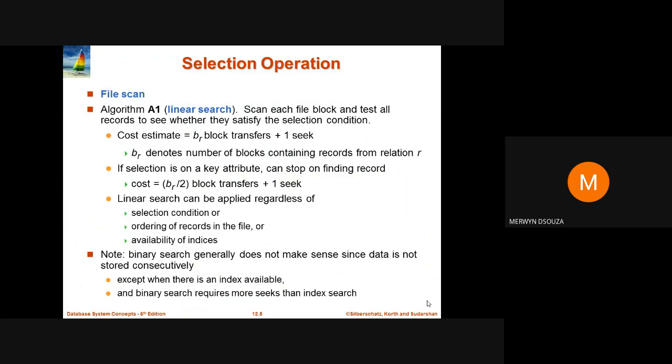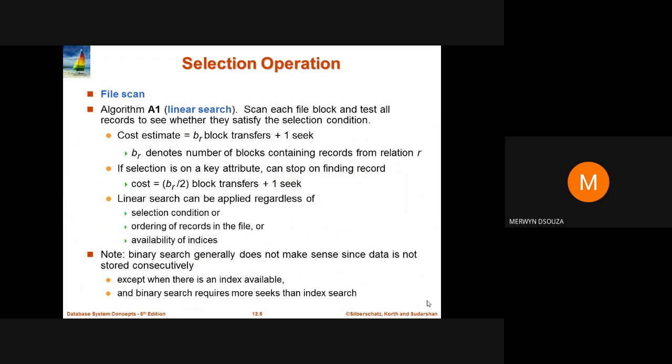Now the advantage of using linear search is that it can be applied regardless of the selection condition or the order of the records in the file, or even if indices are not available. Now, you know that along with linear search, there is a faster method known as binary search. But most of the time, using binary search does not make sense since the data is not stored consecutively.